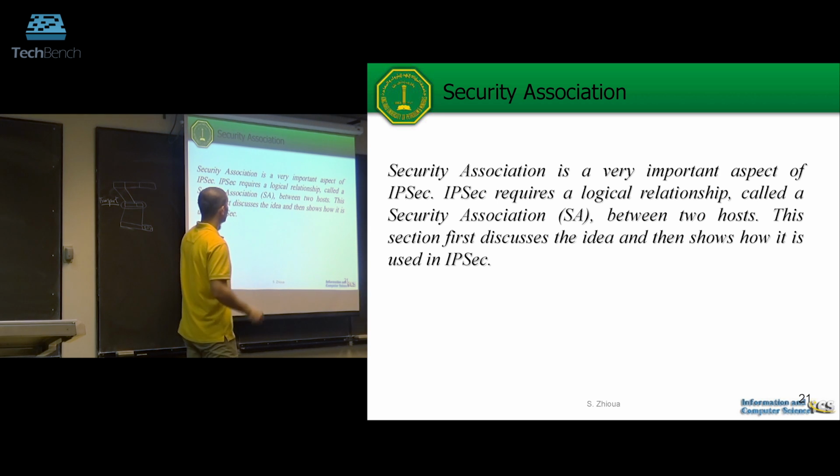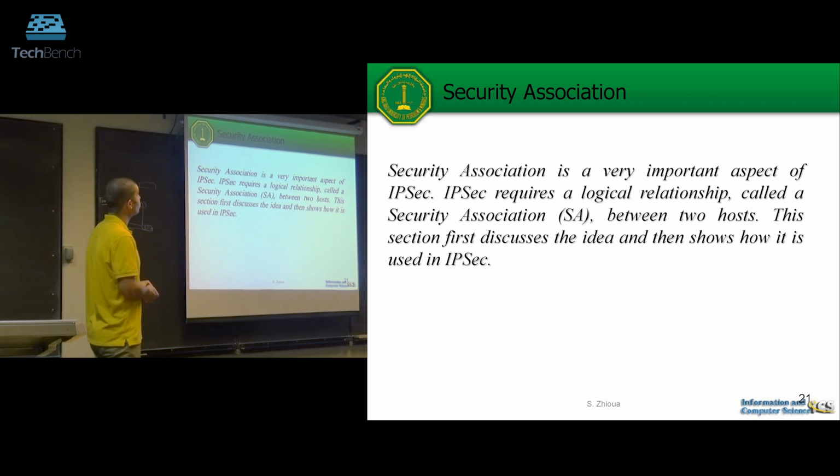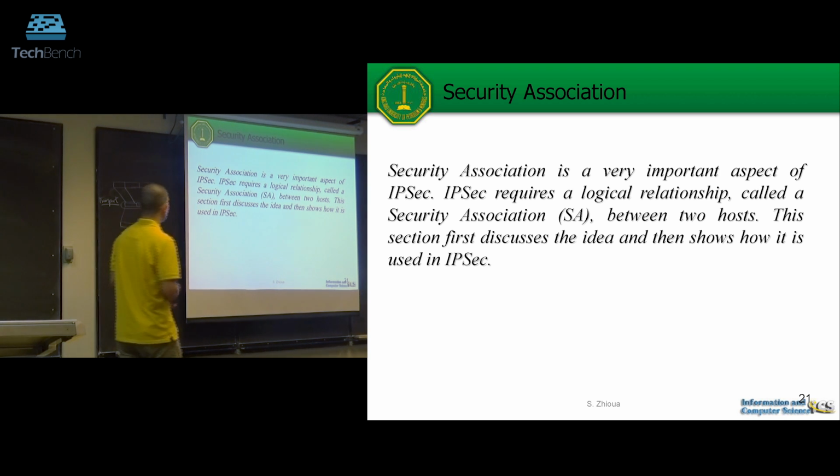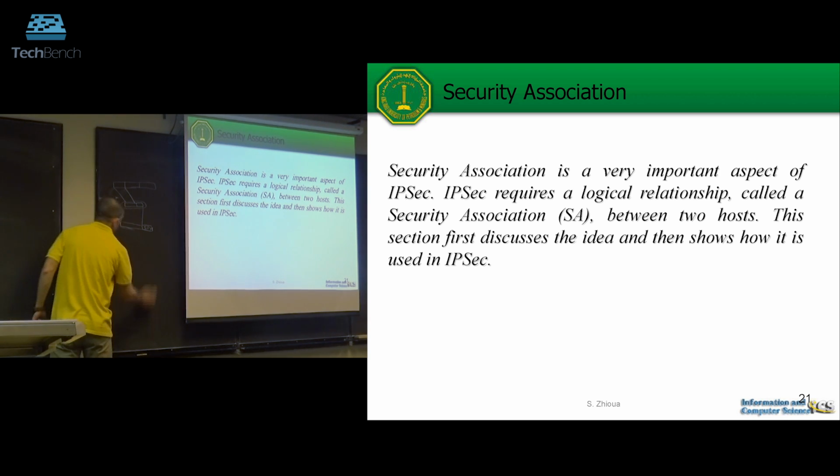Now, if you are using encryption and authentication, you need to go through that. Even if you are using another protocol like IPsec, you need to do something similar. This is done through security association. So basically, the idea of security association is that